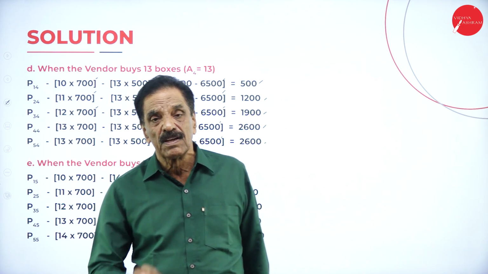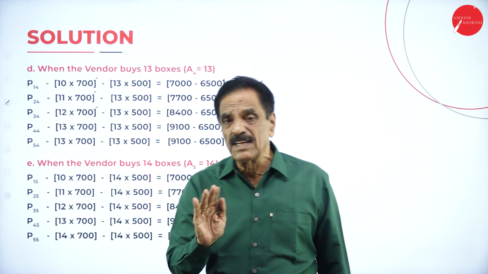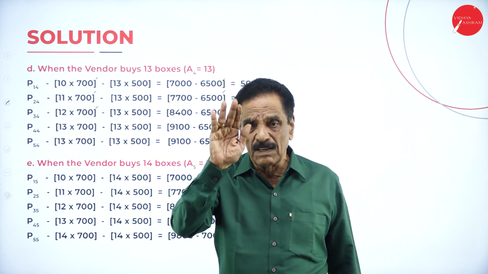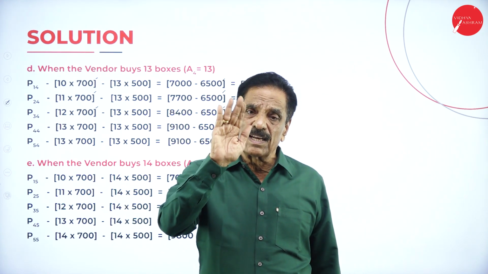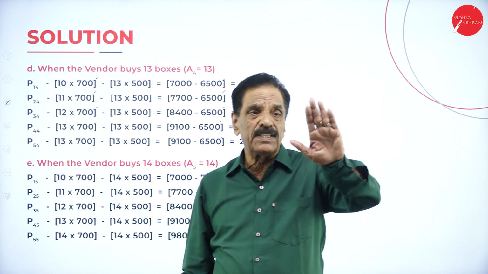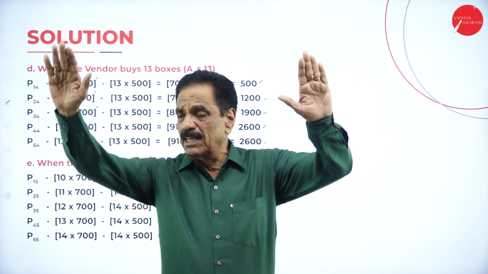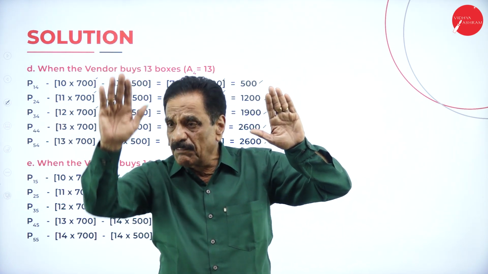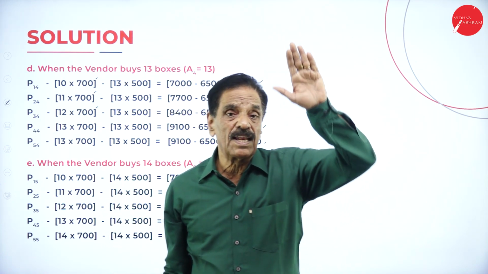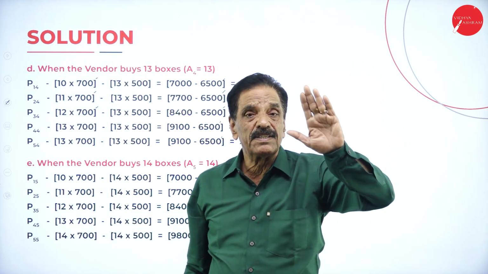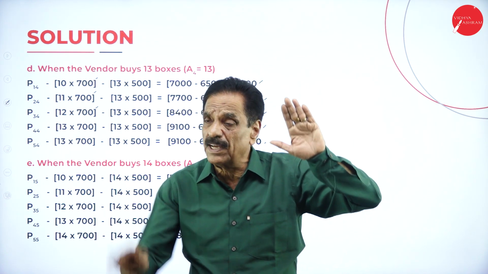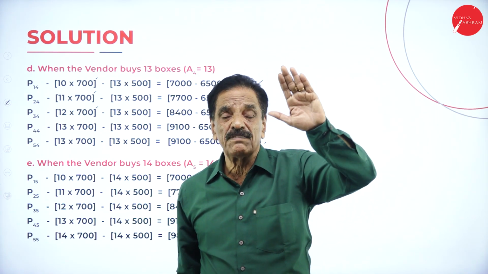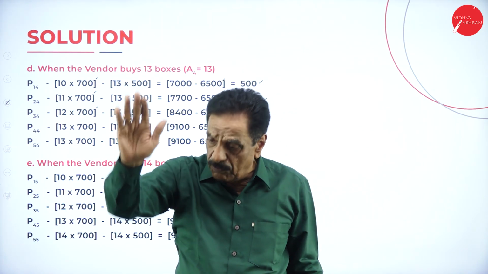How is it now? For 10, you will get 10, 10, 10. Next, 11: 10, 11. Then 12: 10, 11, 12. Then 13: 10, 11, 13. How to write here? 10 selling price, 10 will come here. Then 11: 10, 11, 11, 11 will come. Then 12: 10, 11, 12, 12, 12 will come. 13: 10, 11, 12, 13, purchase 13, 13, 13 will come. 14: 10, 11, 12, 13, 14. Here all 14 will come.